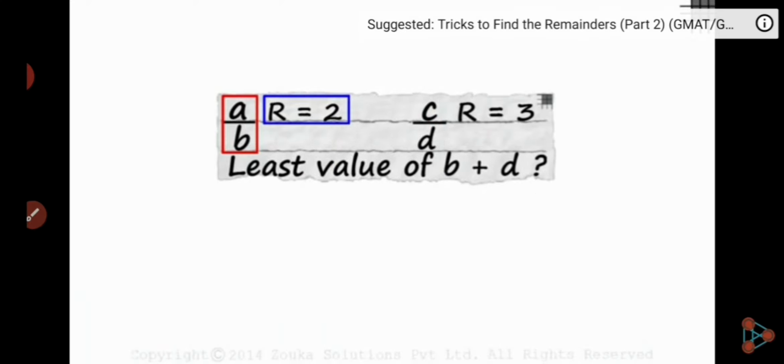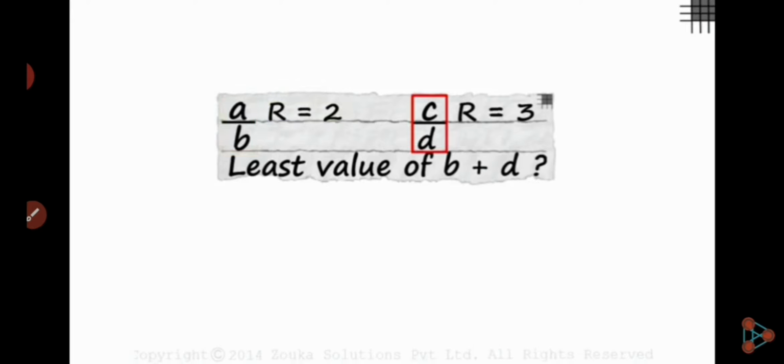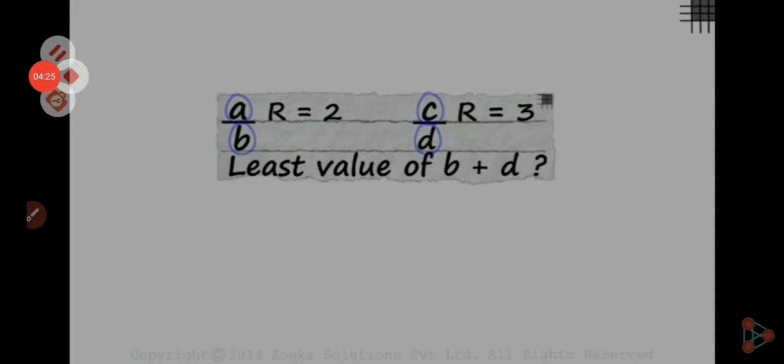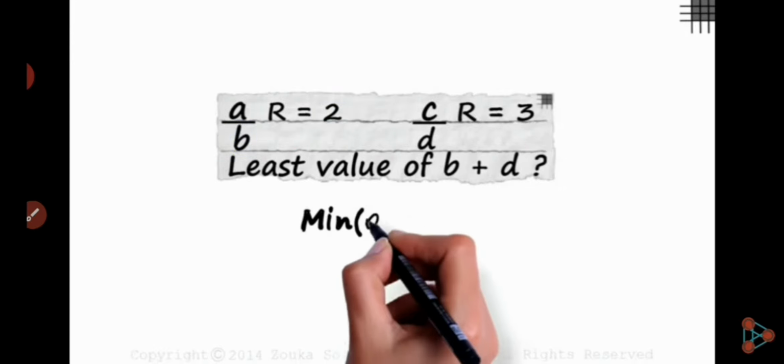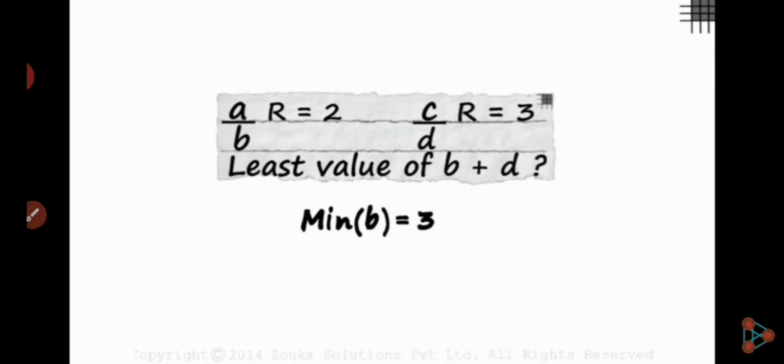Okay, so a upon b means remainder r is equal to 2. c upon d, r is equal to 3. Least value of b plus d is? So what is the least value of b plus d? If a is divided by b, then our remainder is 2. So minimum value of b is 3, because we see that b can be 4, 5, 6 and so on,